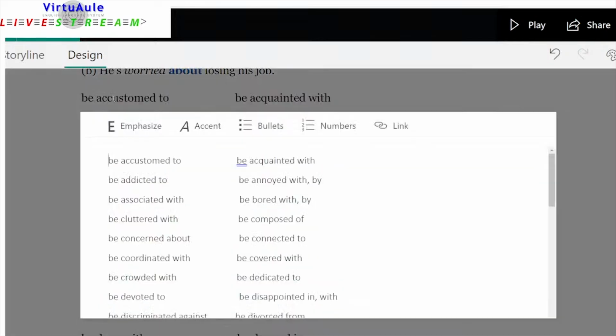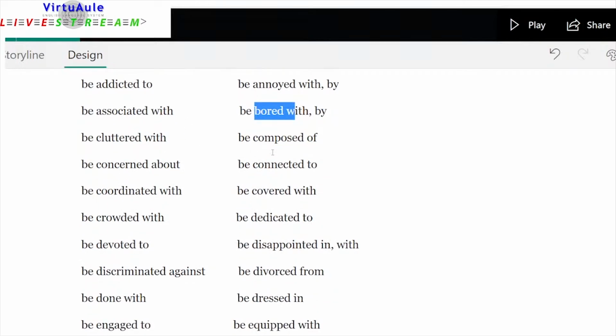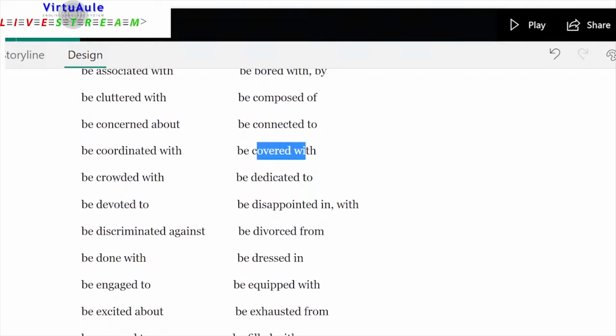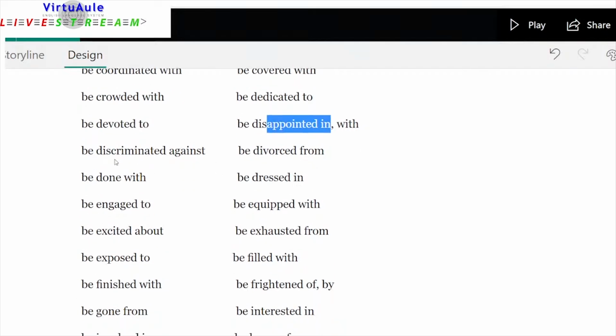To be accustomed to, to be acquainted with, to be addicted to, to be annoyed with or to be annoyed by, to be associated with, to be bored with or to be bored by, to be cluttered with, to be composed of, to be concerned about, to be connected to, to be coordinated with, to be covered with, to be crowded with, to be dedicated to, to be devoted to, to be disappointed in or to be disappointed with, to be discriminated against, to be